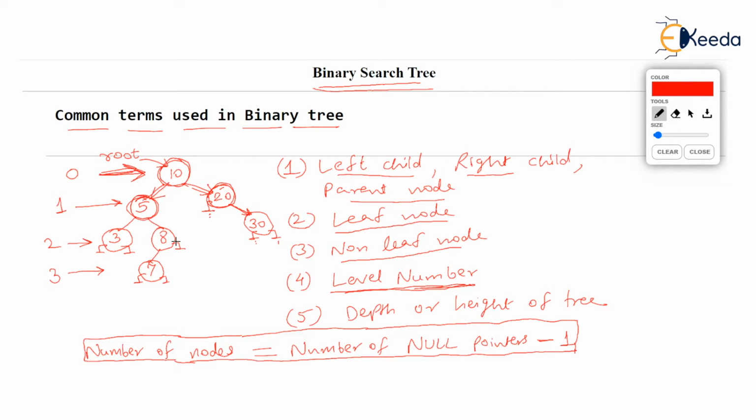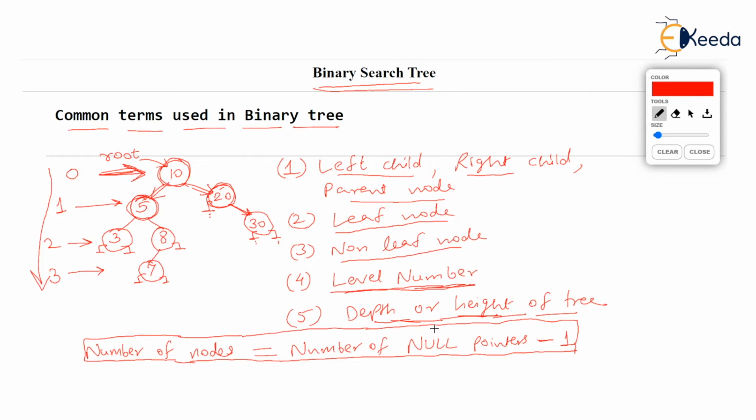Now the next concept is about depth. Depth or height, whatever you say, both terms are used interchangeably. Many authors say that binary tree has a depth because binary tree goes downwards, it grows downwards. But many authors say instead of depth, they say height. Now, depth or height of a tree is nothing but length of the longest path to the leaf, to any of the leaves.